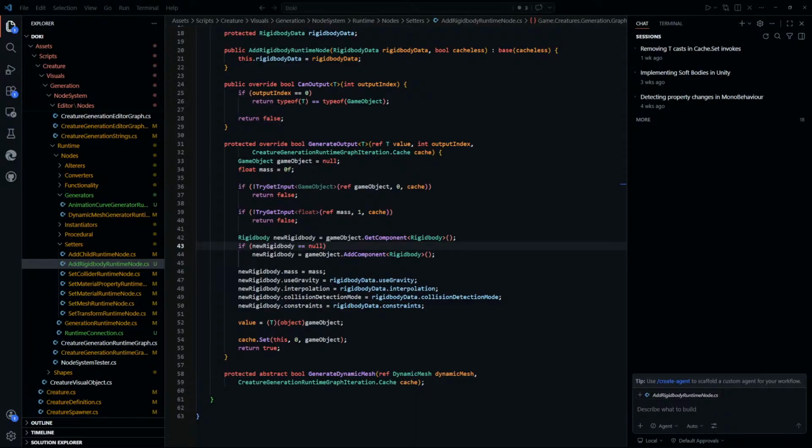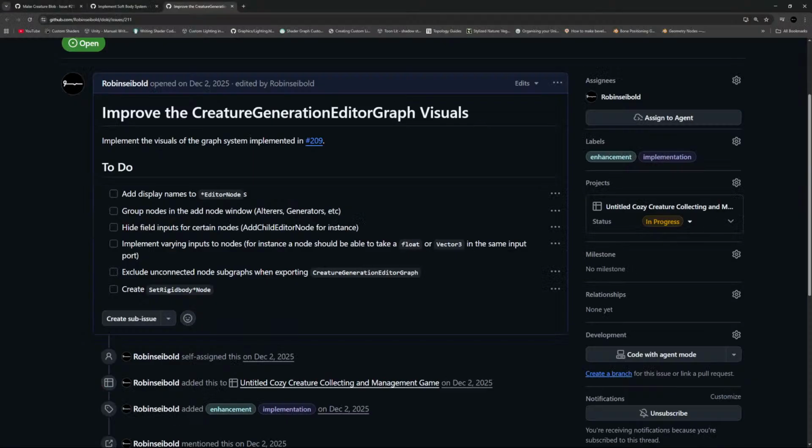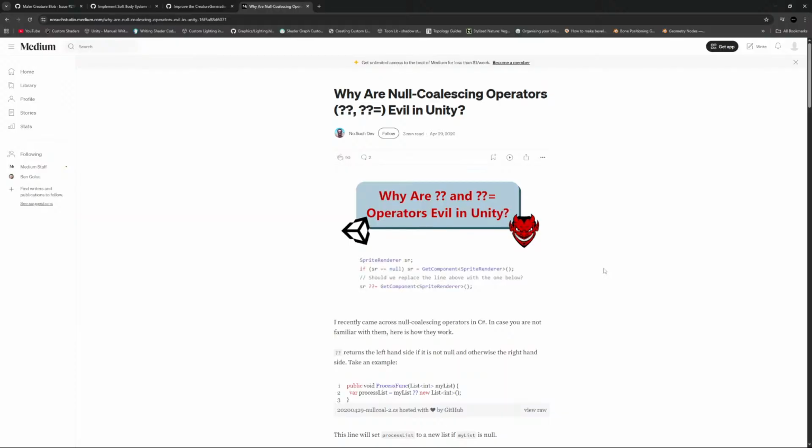I think we have read. Yeah, I think we actually went down this road, not with this type of assignments, but with null conditionals. I mean, it's old, but